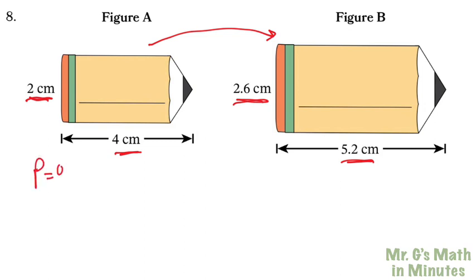So we're doing part is equal to percent times the whole. We're looking for the scale factor. Our part is going to be the second picture. So we're going to use 2.6 because we're looking for the part of the percent, the scale factor, and our whole, our original, is a 2. So to get our percent, we're going to divide both sides by 2. So 2.6 divided by 2 is going to give me